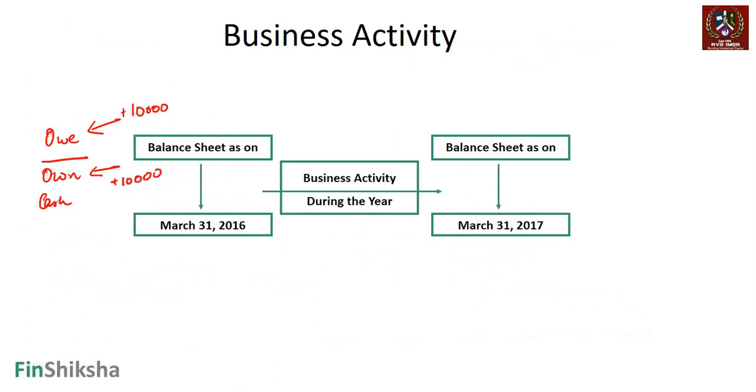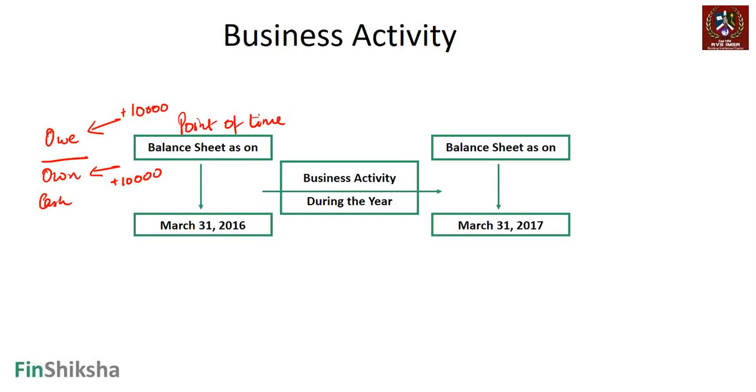I go to the bank and borrow another 10,000 rupees. On the one side, my sources of funds will go up by 10,000 rupees. On the other side, my bank balance will go up by 10,000 rupees, thereby saying that I have not yet used this money, but it will remain balanced, right? So effectively, the balance sheet is on any given point of time, right? It's on a point of time.